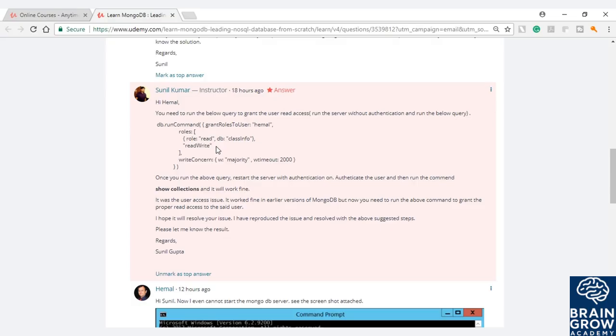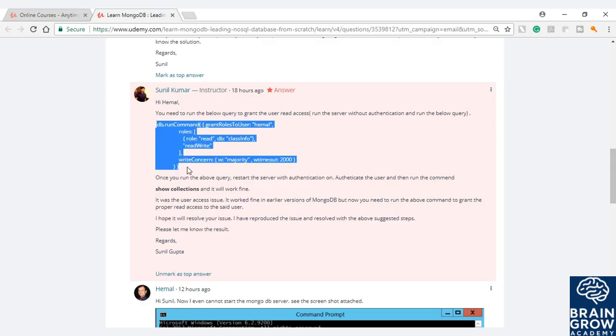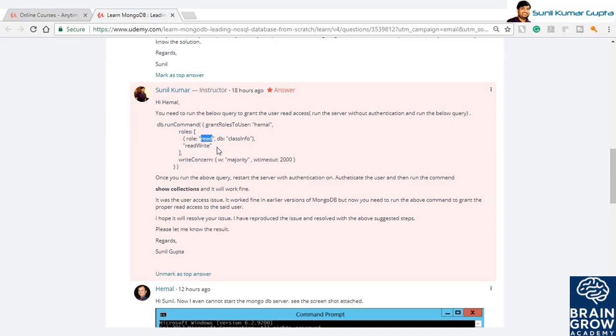Then once the server is running, we need to go to the Mongo shell, and there we need to run these commands. Always remember, we must not run the command with authentication on. We need to start the server without authentication, and then run this command. Once you run this command, this read access role will be given to this user Hamel, who has a user role as